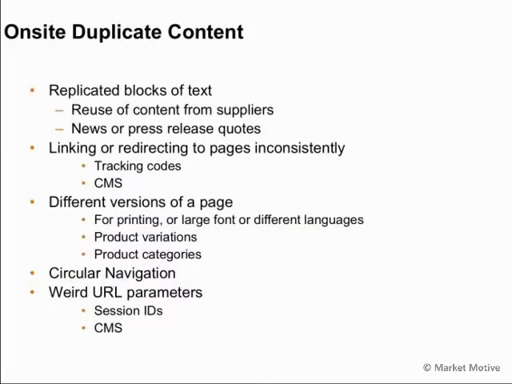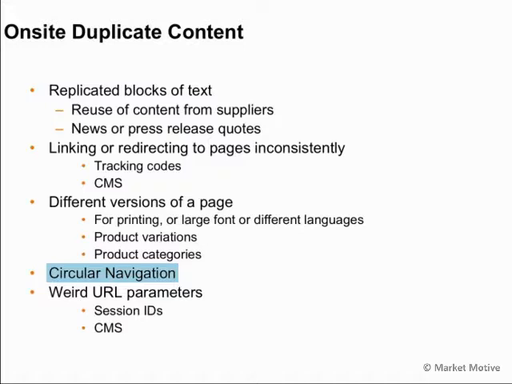So some of the common problems associated with duplicate content is mainly replicated blocks of text. This could be from reuse of content from suppliers. If you are a distributor and your manufacturer gives you specs, you could be republishing this as duplicate content. You could be republishing news or press releases, and this can be potentially duplicate content. You could be linking or redirecting pages inconsistently with tracking codes or content management system versions of a web page. Printable pages, font changes, product variations, colors, sizes, product categories, just circular navigation, people linking to